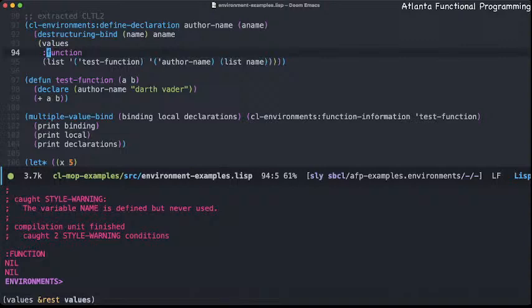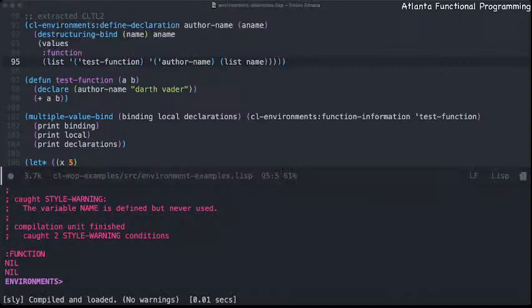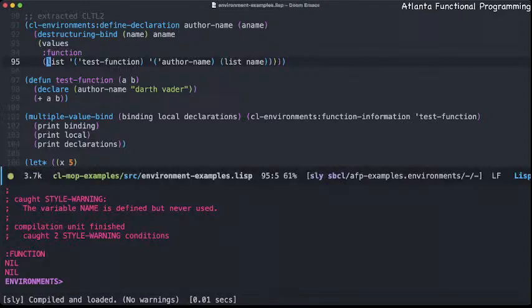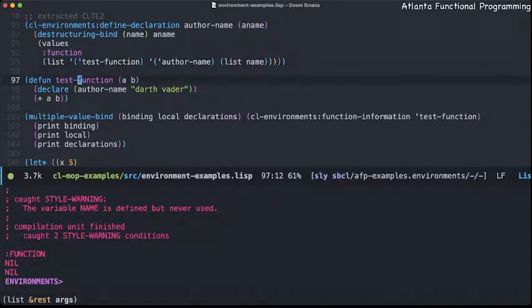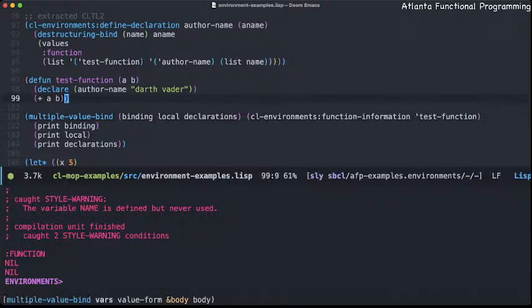So what is that about? Let's see here. Why is that not working the way we expect it to? So this is kind of supposed to actually go and create the list of values that we just did. This is attaching author name Darth Vader to our list. And if I just look at